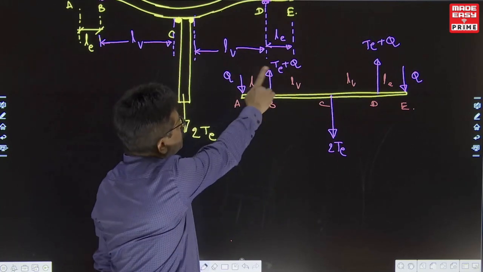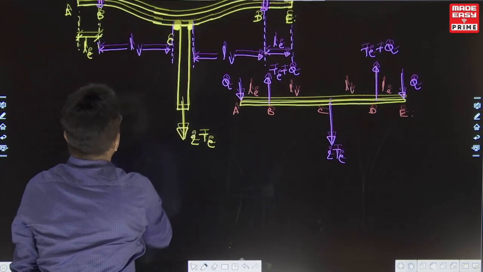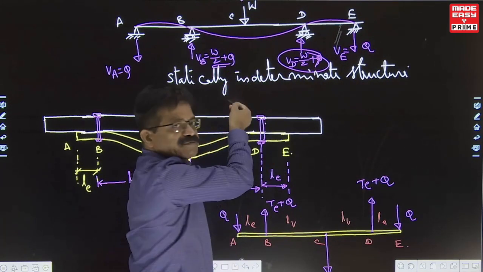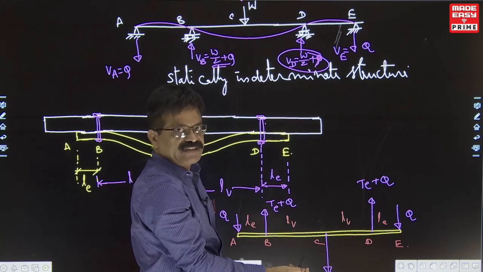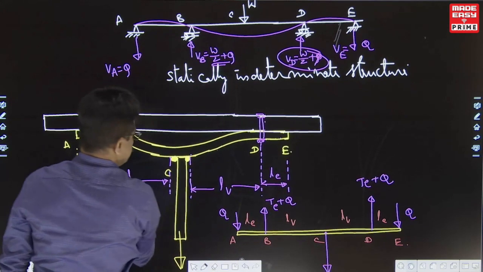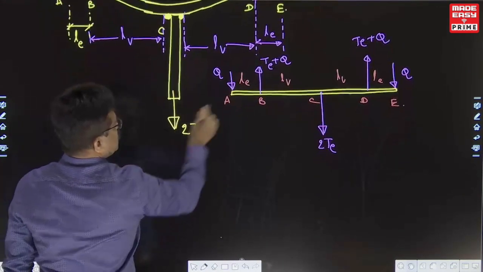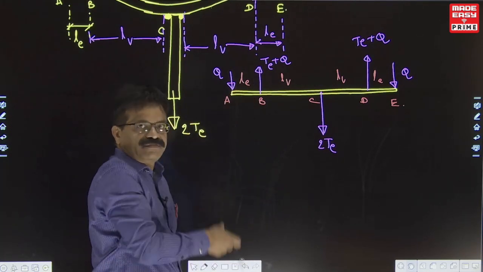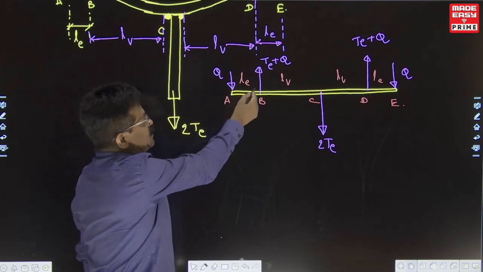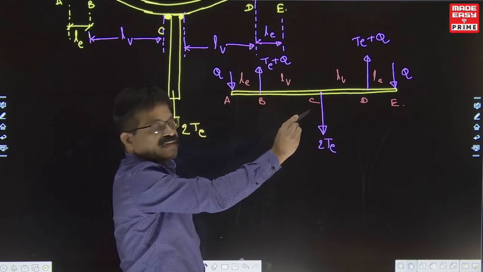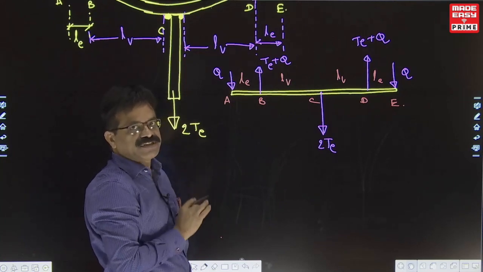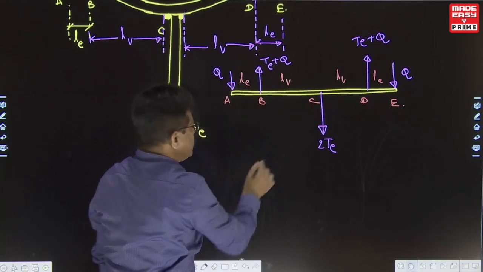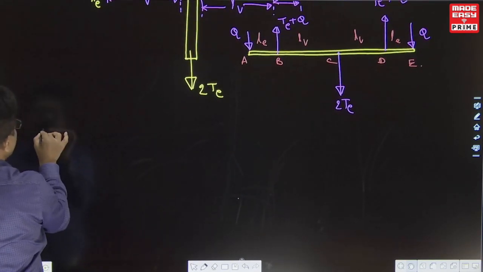To make sigma Fy zero, whatever Q force is developed, here also you see W by 2 plus Q, W by 2 plus Q. This is from structural analysis. The same behavior applies in steel structures also. Only thing is steel is there here. Now, TE plus Q, that Q is the prime force, which means the additional force in the bolt. With that force, it will pull the plate up. That additional force is developed because the plate is bending. If it doesn't bend, Q will be almost 0. Because of the flexibility of the connecting element, Q may be more or less. The codebook gives you that value of Q, the prying force Q.